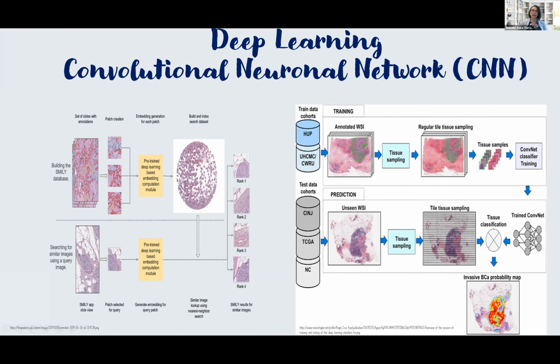Then the computer divides those annotations that you use for training into small patches of pixels. And once it is trained to recognize, you can run these pre-trained annotations on unseen whole slide images to get your desired